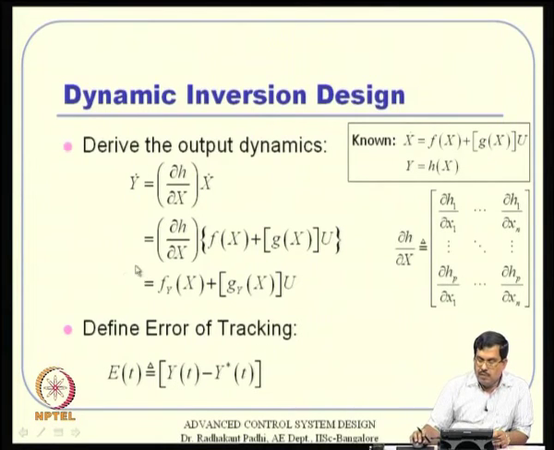By the way, del h by del x is defined that way. So, this del h is obviously a Jacobian matrix, defined in the partial derivative sense. Now, coming back, you define this error like that, y minus y star, and do some